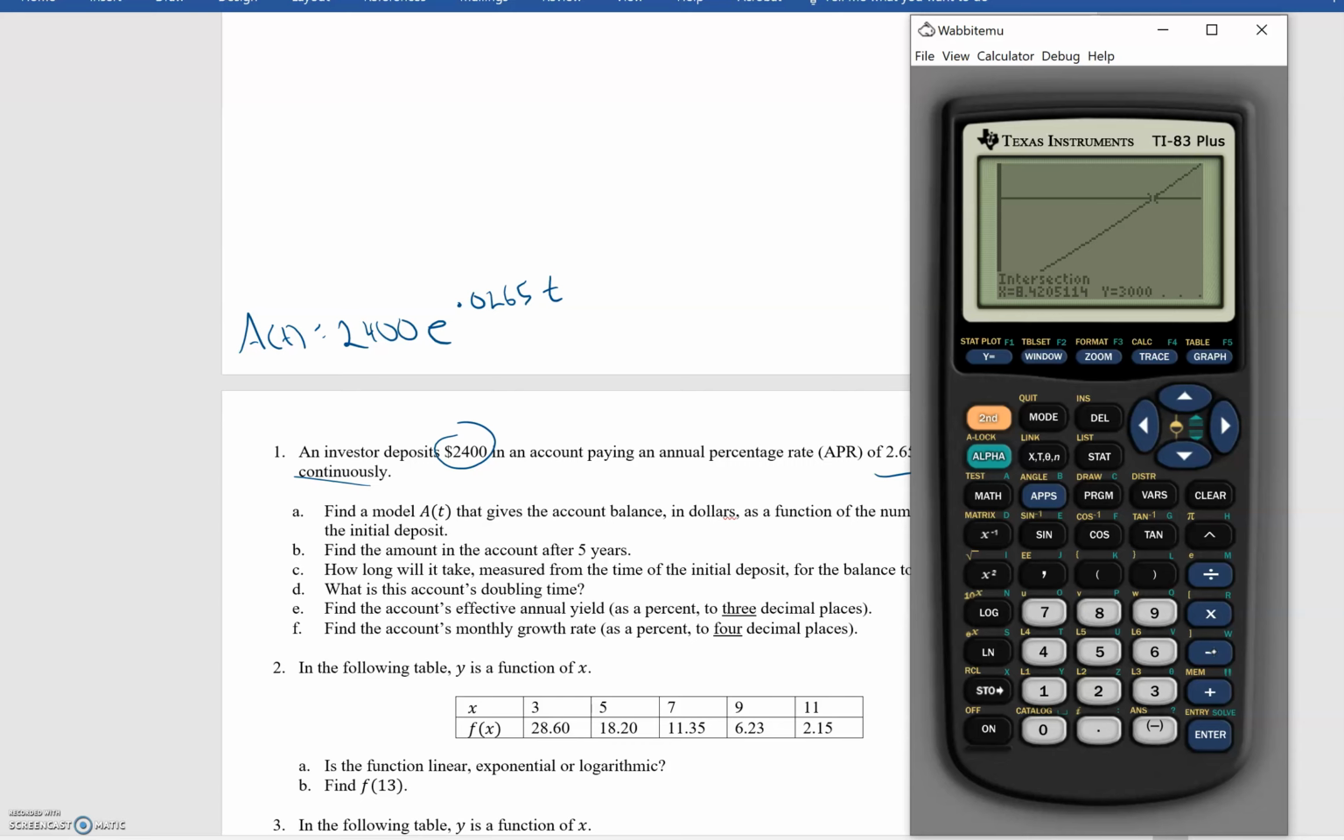Alright, part D, what is the account's doubling time? So if we start with 2,400, this is asking how long it takes to get to 4,800. And from there it's basically the same. I probably need to extend my window a bit. I could go to the table and see exactly how much to extend it. So I guess I'll do that. When do we get to 4,800? So it's going to take about 27 years. So I'll go to 30. Then I'll do calc, intersect,